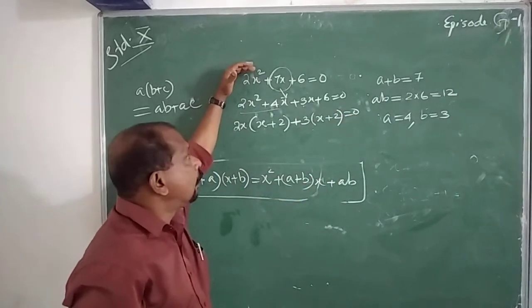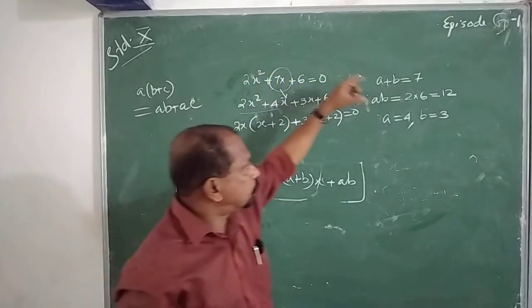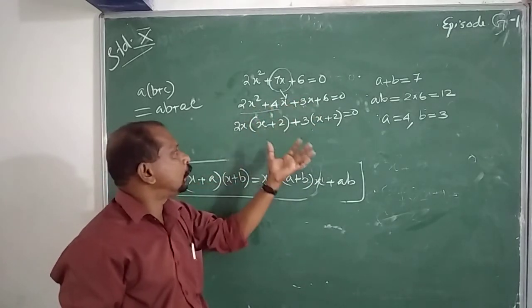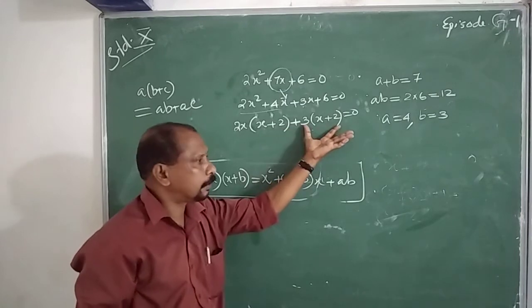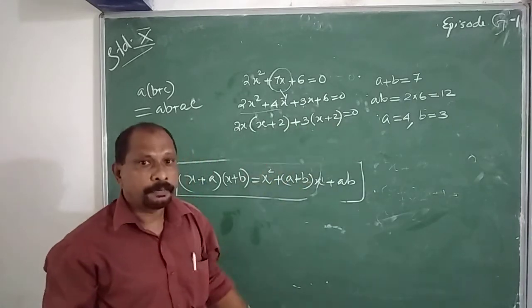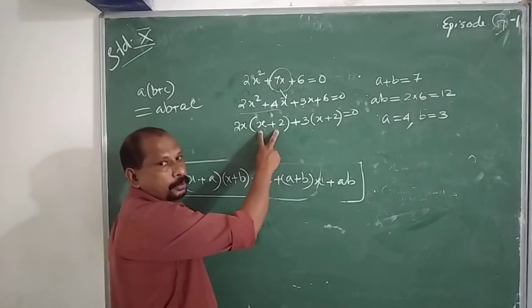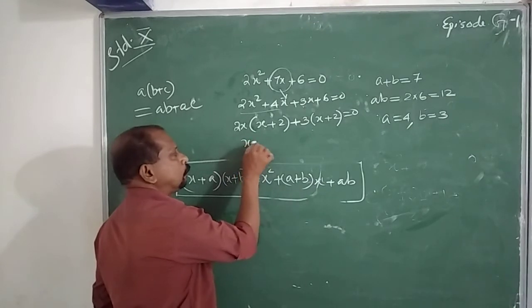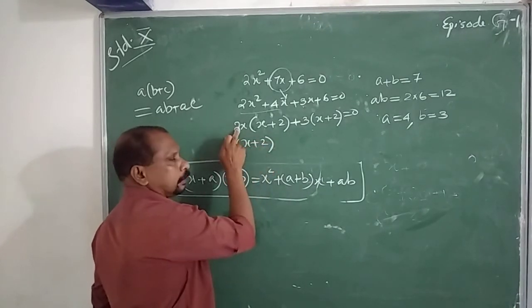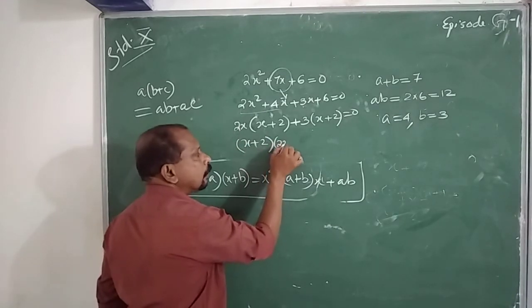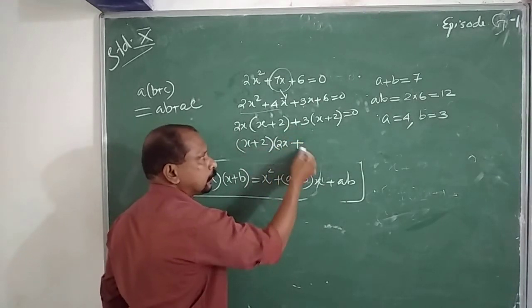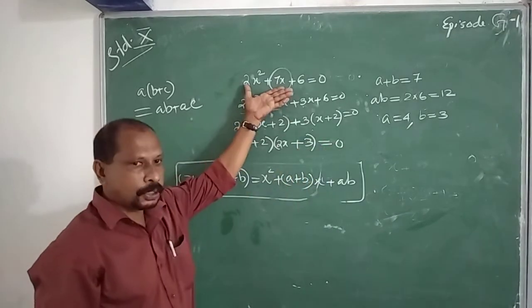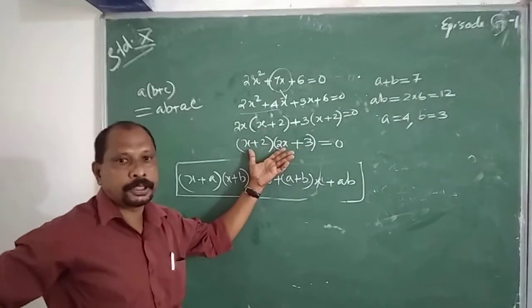Listen, the expression is quadratic with 3 terms. We can split that into 4 terms using these values. We can factorize these four terms into two terms. First term plus second term. In these two terms, which is common? x plus 2 is common. Therefore, we take x plus 2 as the common factor. Then what is the remaining term? 2x. The second term, plus 3. Okay. That is, this quadratic expression is expressed as the product of two factors.